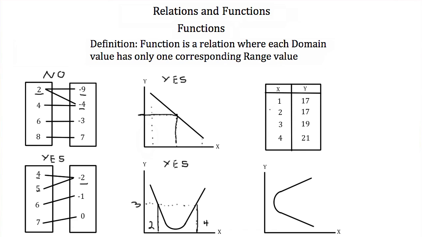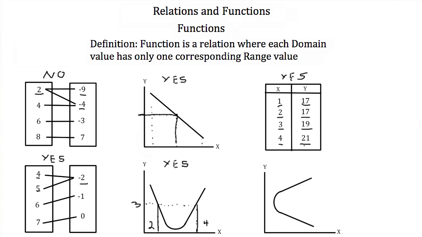Now let's look at our chart. Here, 1 goes with 17, 2 goes with 17, 3 goes with 19, and 4 goes with 21. So this is a function because, again, every x value has only one